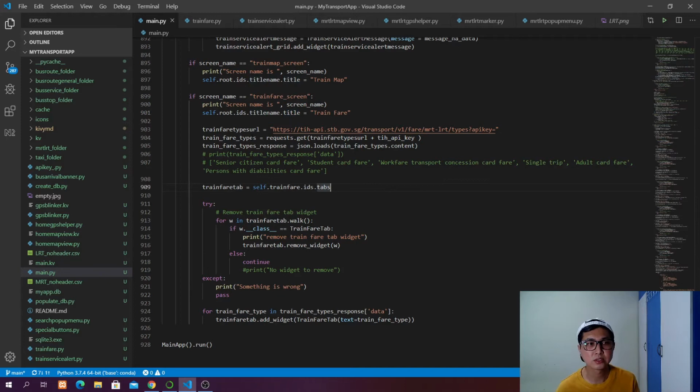The next thing is that we want to use this URL. We want to send a GET request. So your API key is going to equal your TIH API key. Okay, so we are going to request to this URL plus your API key, and then we are going to JSON.load your result.content, and this response is going to be something like this, because we are actually requesting for the types